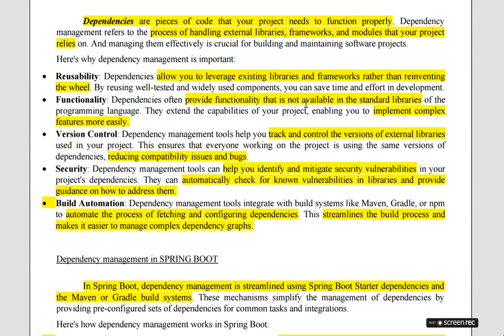Functionality is the optimal performance, maximizing the performance and reducing the computation time. For external components, if the standard library is not available, it helps us build third-party complex applications into our project more easily. Version control, as the auto configuration is all defined in Spring Boot,